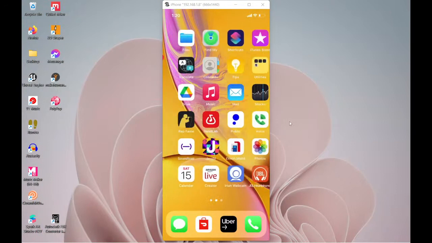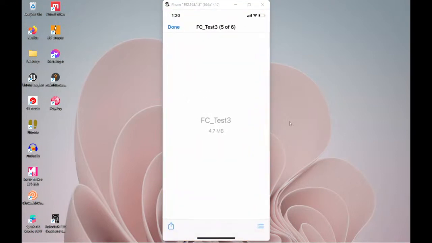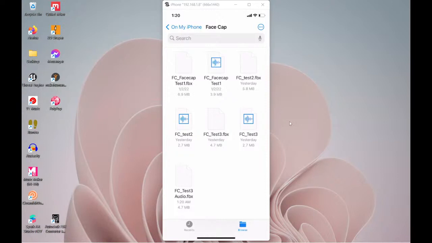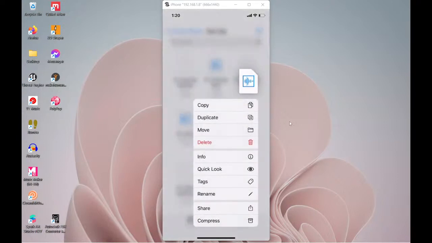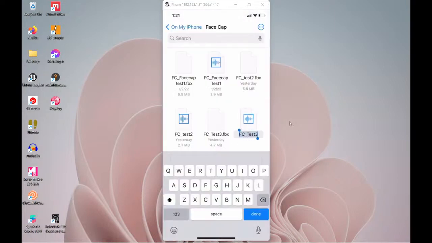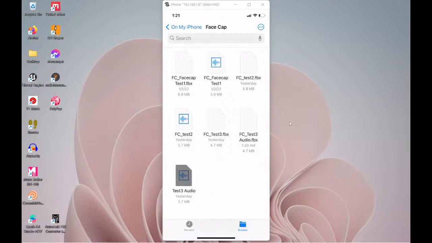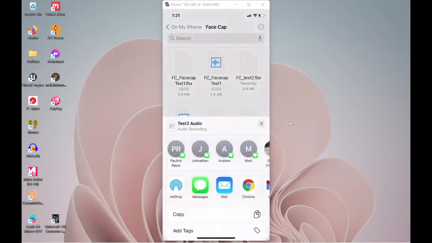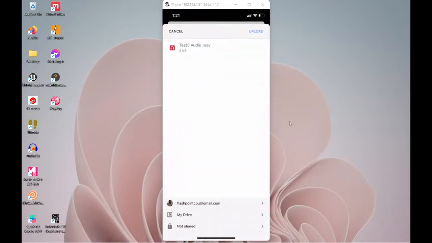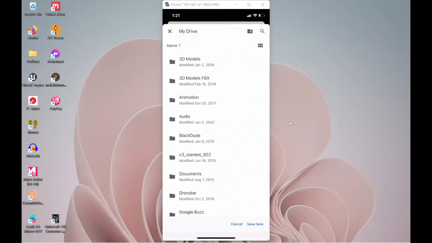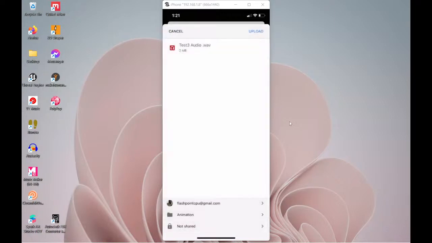So I go to File, go to Done, and yeah, it's the FC_test3. You can highlight it and rename it if you want. I'm gonna call this test 3 audio, just so it's much easier to find. There we go. Right click, share. It's another way to do it. Go to Drive. We're just going to send it to the same folder, the animation folder. Save here, upload,